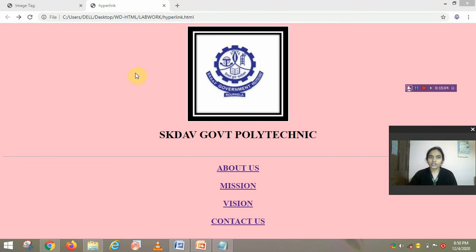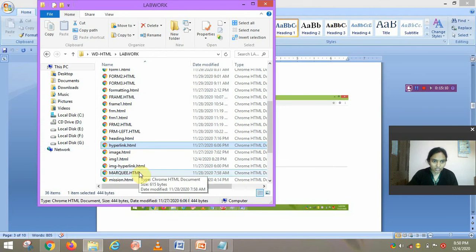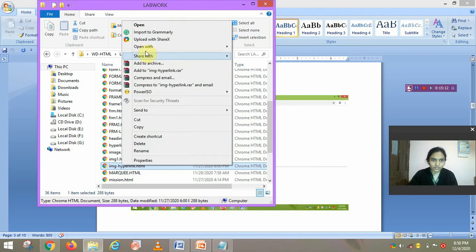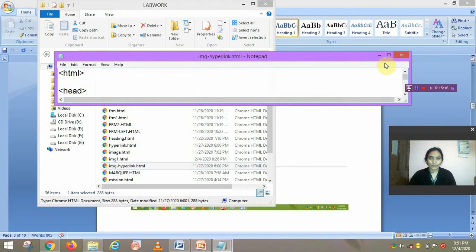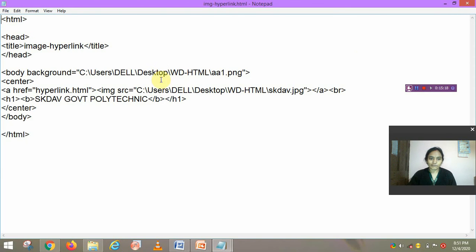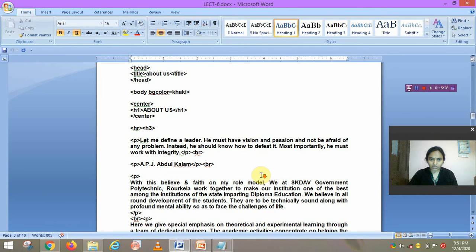So let us create another example for this. Another example is this one. Here first we write HTML, then head. This is also another lab work.